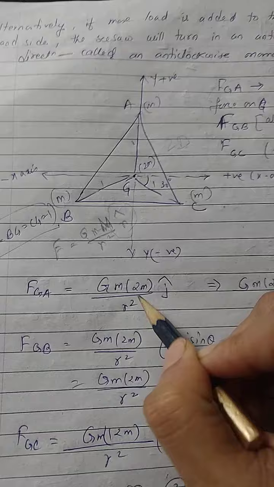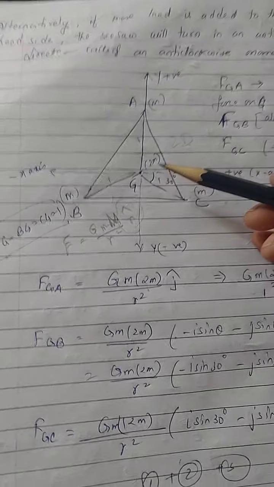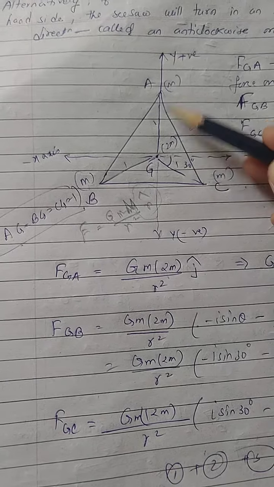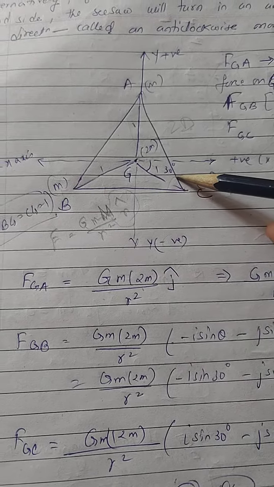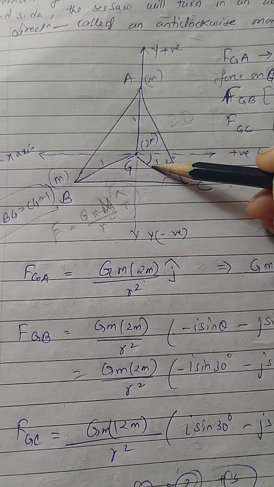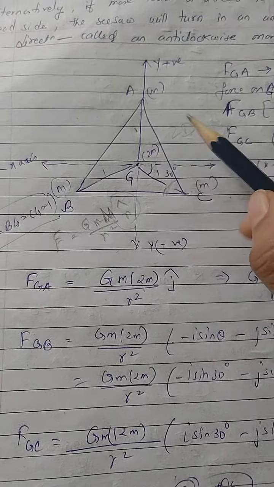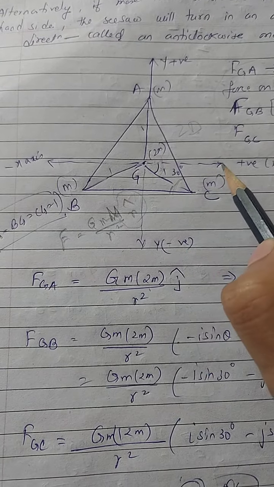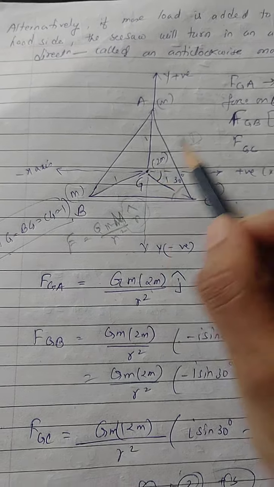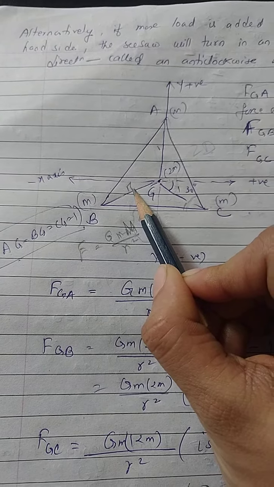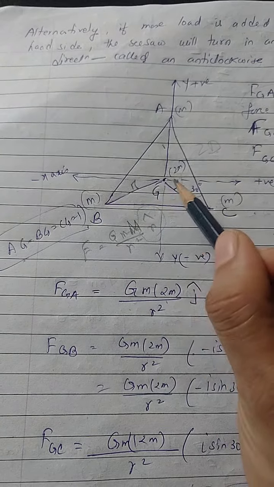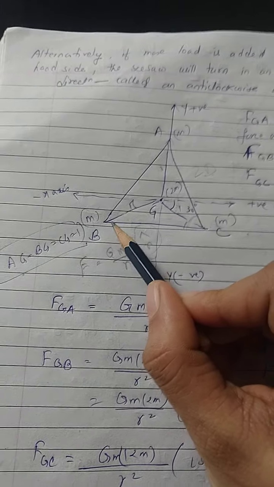Now regarding the directions, the centroid, from where if I drop perpendiculars to each vertex, divides this 60 degree angle of the equilateral triangle into 30 and 30. It means the x-axis is making an angle of 30 degrees with respect to this line from G. Similarly, the negative axis is also making an inclination of 30 degrees with the negative x-axis with respect to BG or GB, whatever is written in your textbook.